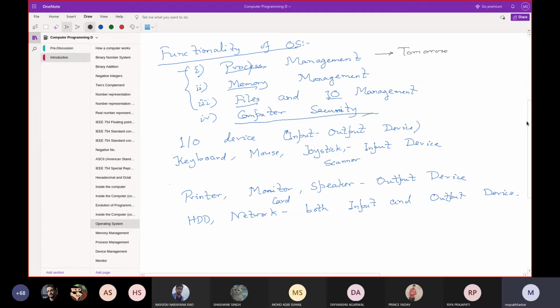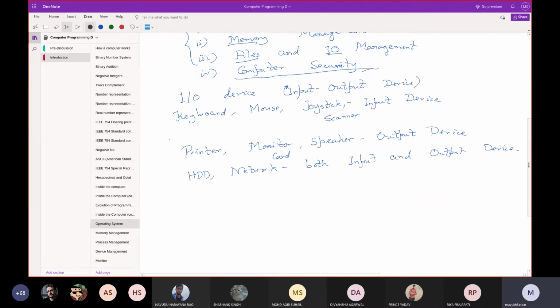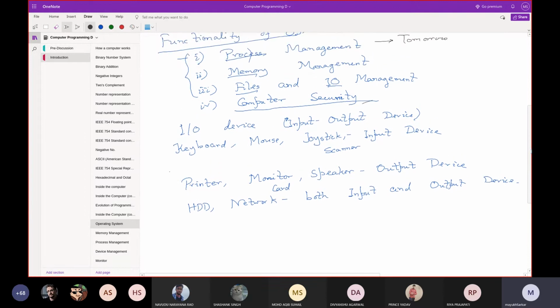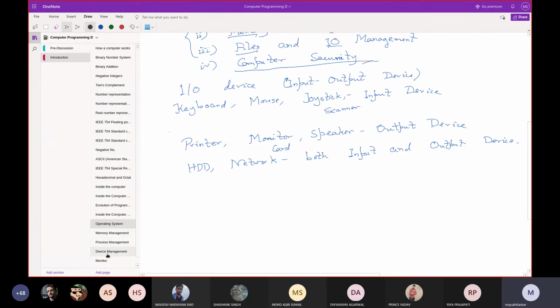It does the job in parts like process management, memory management, files and IO management, and eventually it checks for the security of the computer system. Computer security is a much more advanced course, and we cannot give an overview of that. But process management, memory management, and device, files and IO management have been discussed one by one.